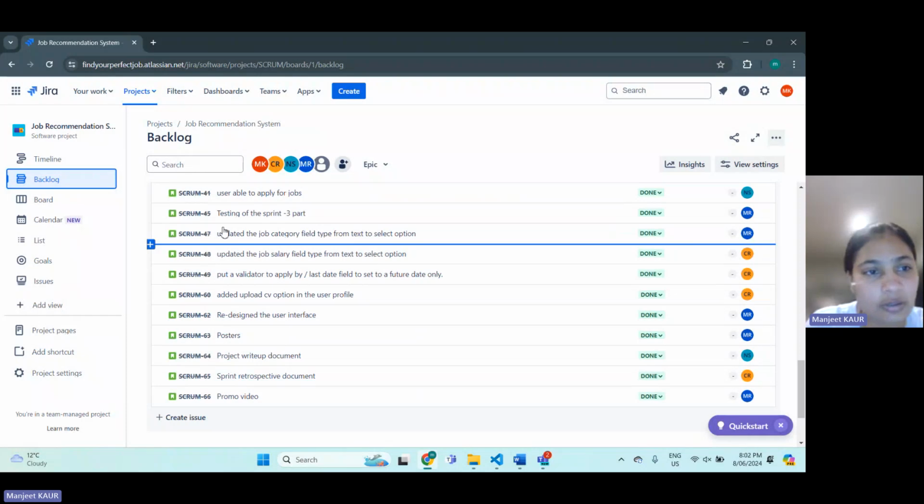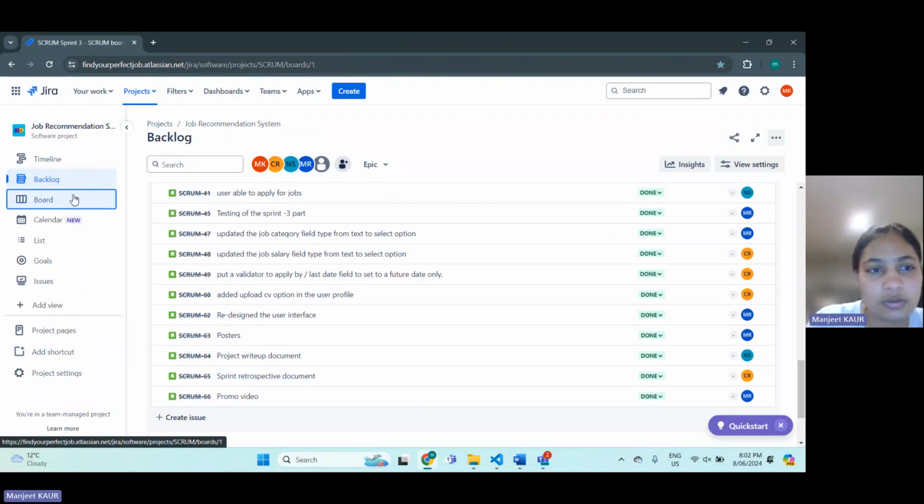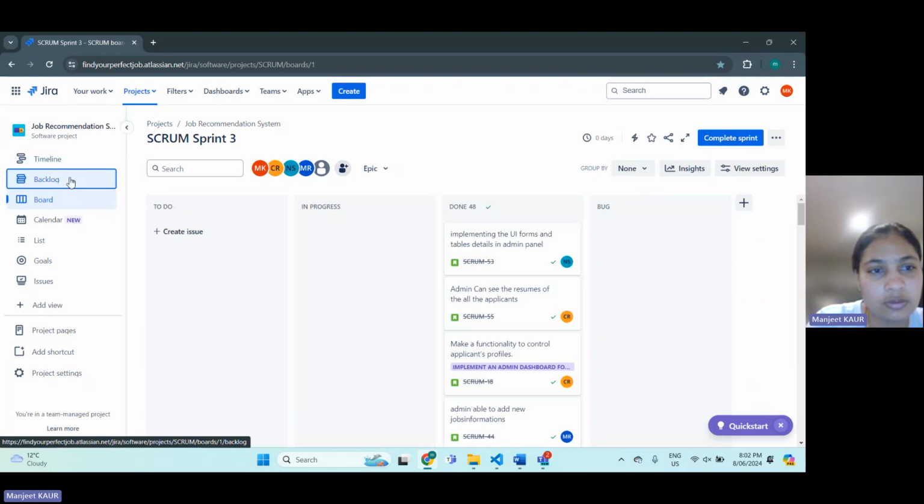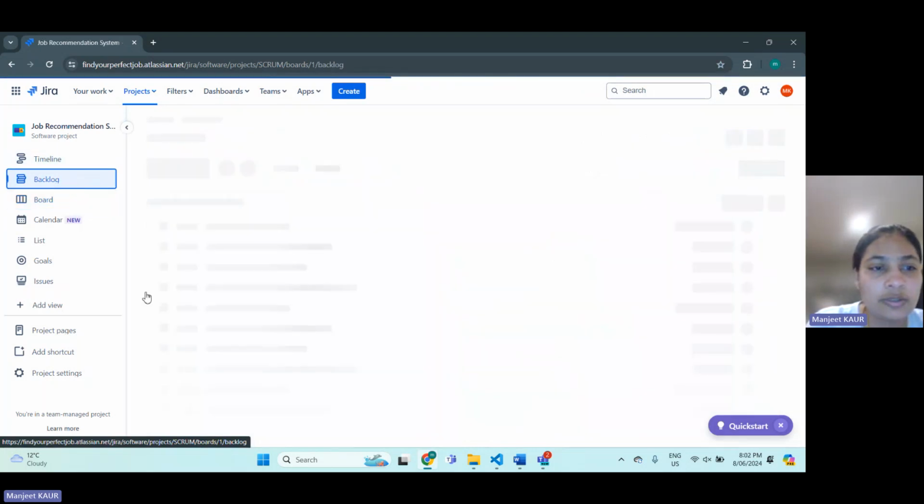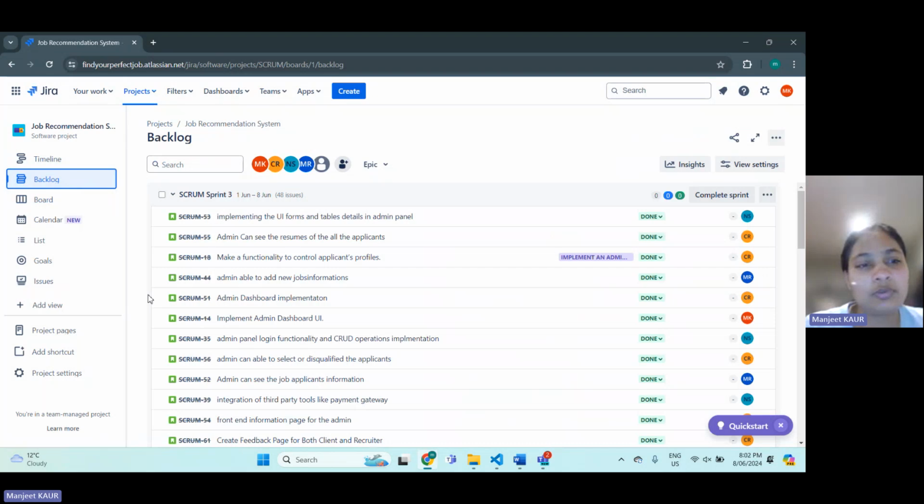So next, in sprint three, our team concentrated on improving the job recommendation system based on feedback received from the clients and the supervisor. We accommodated improvements to the admin dashboard by changing the time cycle displayed on the graphs to days, and added more options in the recruiters panel with buttons